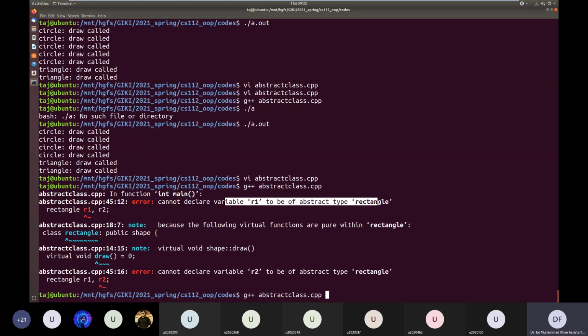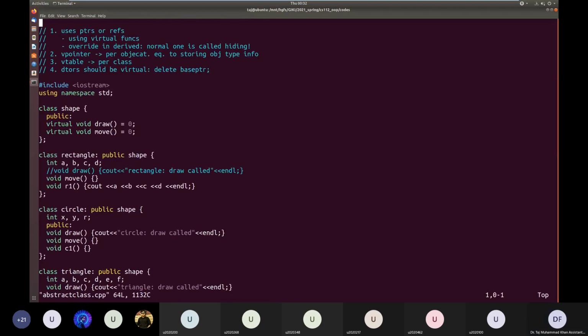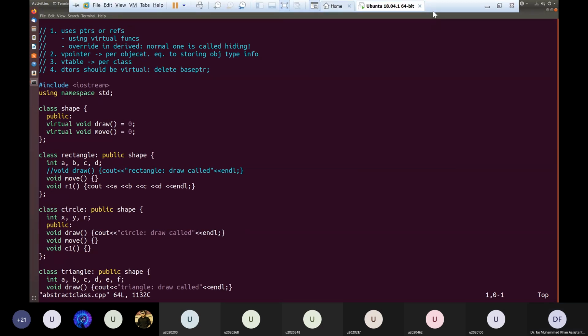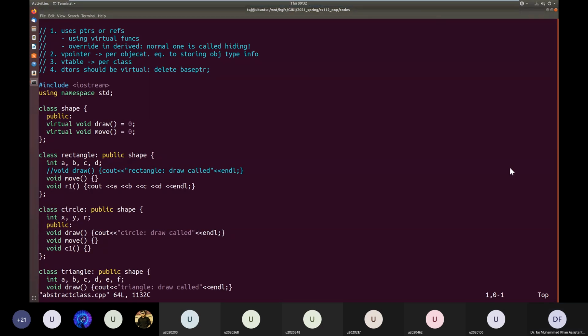So by default, pure virtual functions are inherited as pure virtual in the derived classes. Unless you override them, they will make your derived classes also abstract classes. Is it clear?